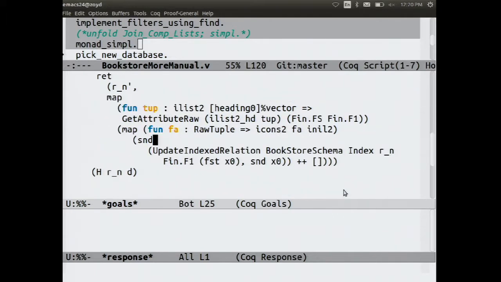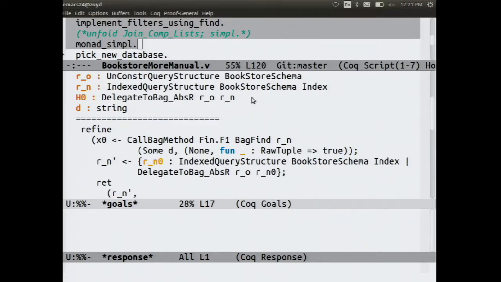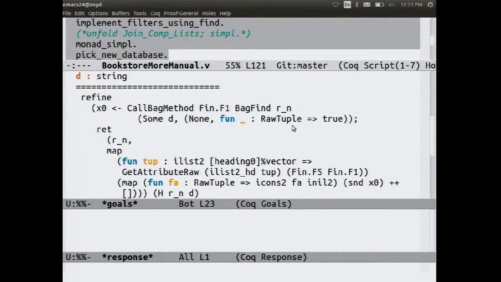where we then do some maps to fix it up into the appropriate form by projecting just the columns we care about. So then at this point, we have this unresolved requirement to choose a new implementation database that is related to the spec database. And easy to do in this case, pick new database figures that out. Now this is basically a functional program that gives us the answer. So we can say accept that as the implementation.